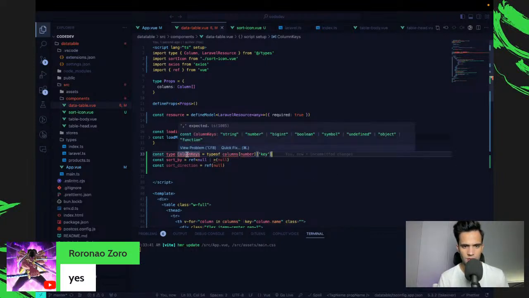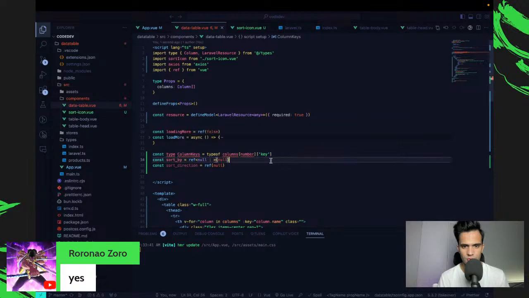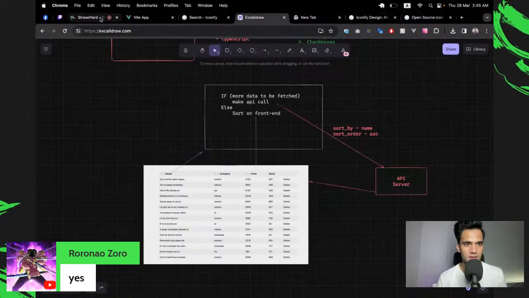No, it won't work, will it? Sorry. Why am I over relying on Copilot? This will be an interesting logic to build here, actually.